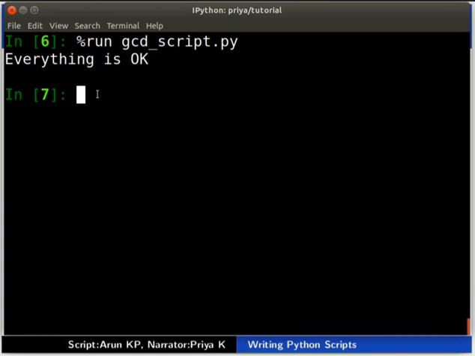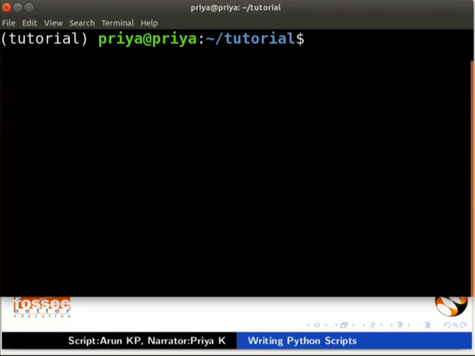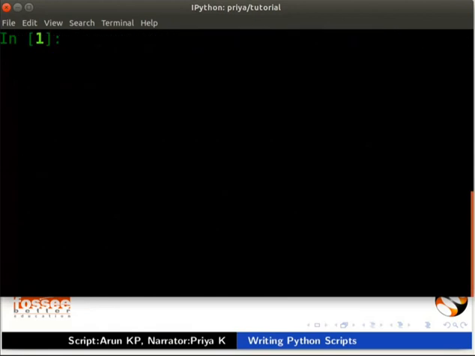Now we will check the changes by importing the module. Type import gcd_script. We didn't see any changes. Note that once a module is imported, it cannot be imported again in an existing IPython console. So we will exit the existing IPython console by typing exit.